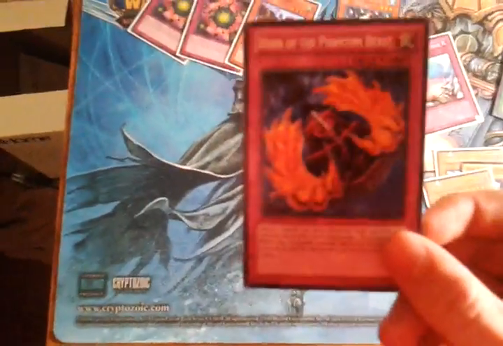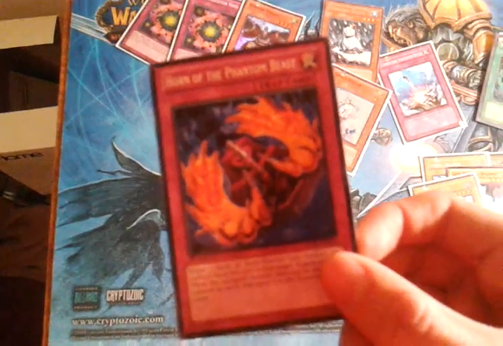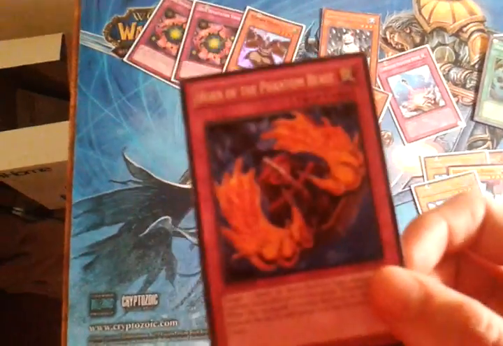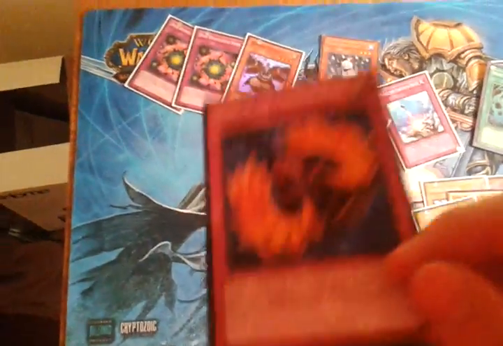Here's one card not to watch out for in Fire Fist. Horn of the Phantom Beast. All it is, it's a win-more card. I don't even know of any decks that are running it anymore. I started out running 3 copies of it when I first started testing the deck back in early February on Dueling Network. Then I dropped it to 2, then I dropped it to 1, then I dropped it to 0 systematically, because it's just,